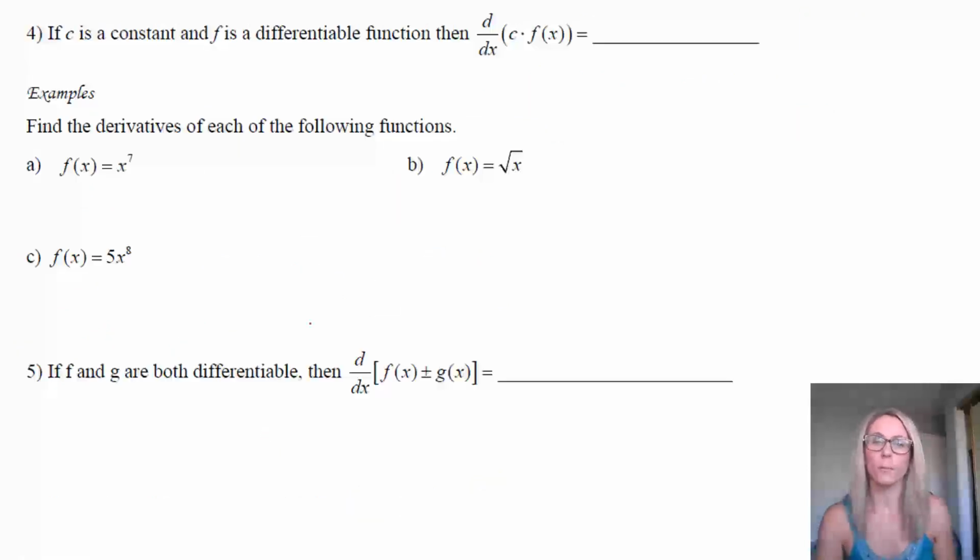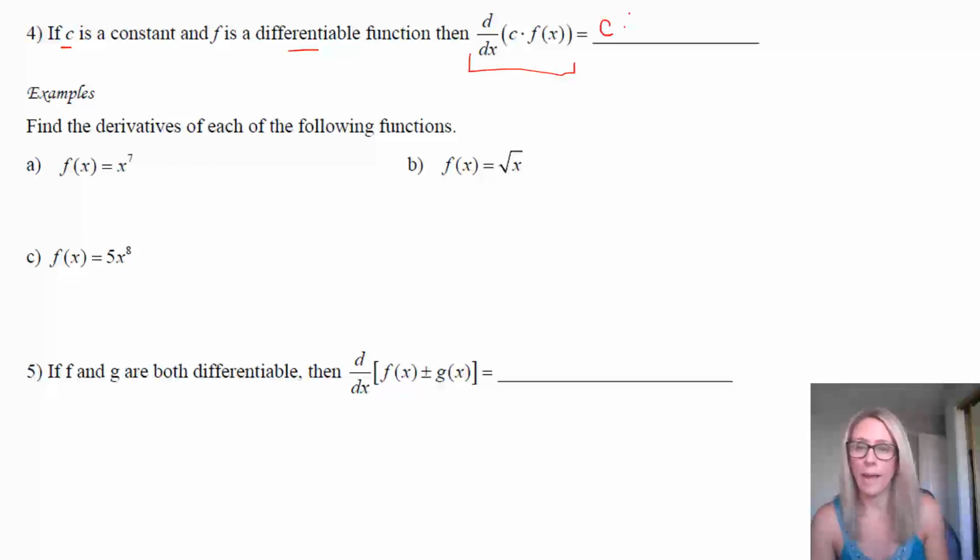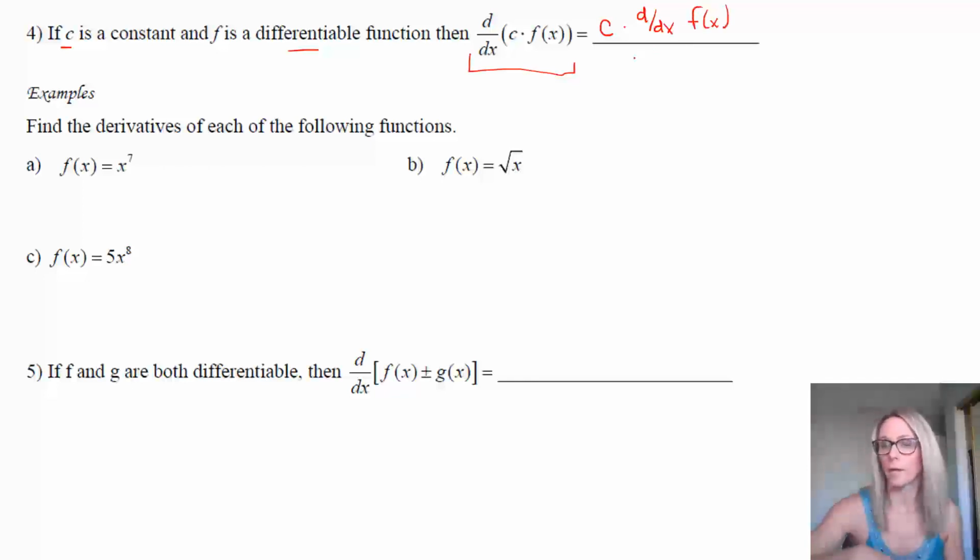So there's a few other rules as well. Stuff that's not particularly surprising. C is a constant, f is differentiable. Then the idea here is when you look at this, it's telling you to take the derivative d dx of c times f of x. So like we can often do with constants, you can bring that out and then take the derivative of your function and then multiply it back by your constant. So you can pull your constant out, and sometimes that can be a little bit easier.